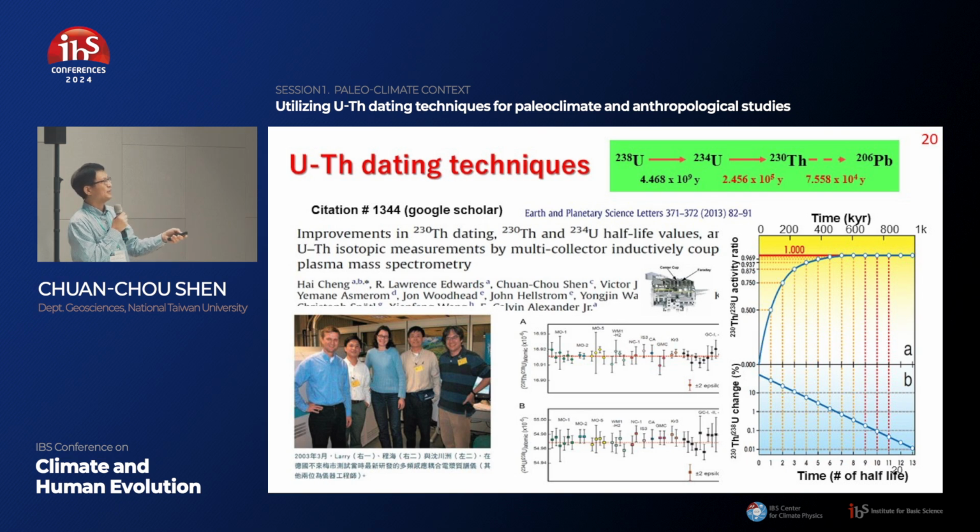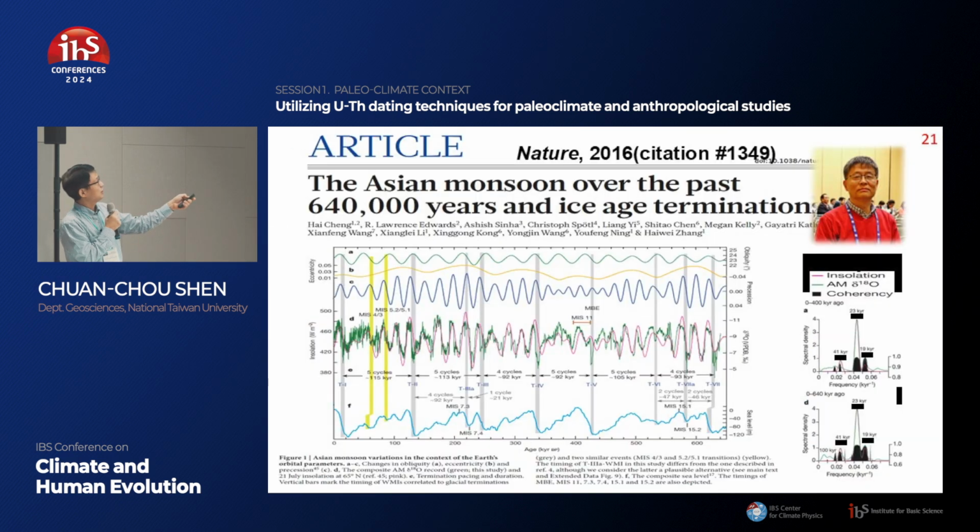Yeah, we published a paper in EPSL, presenting the new half-lives of thorium-230 and uranium-234, so this is great. We try to push the dating limit from 400K to 600K. 600K is eight half-lives of thorium-230. Chen again, his team, published the currently very standard records from Hulu and Sanbao Caves'